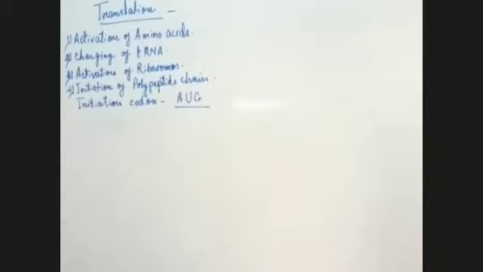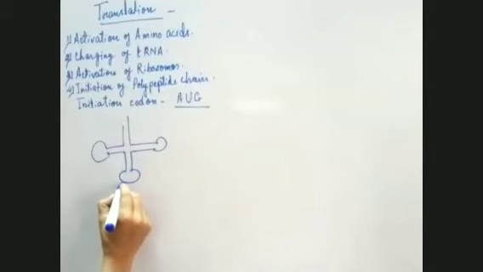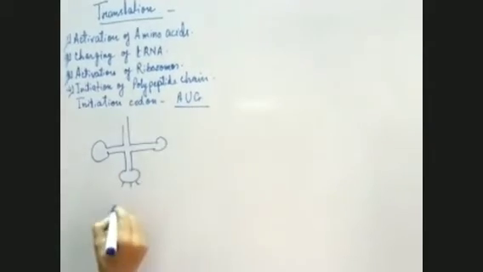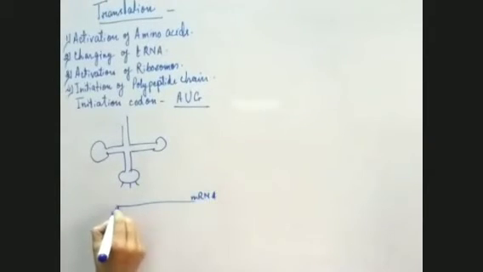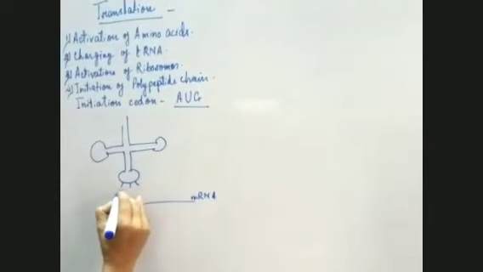That means a transfer RNA will have the anticodon for the initiator codon which is there on the messenger RNA. This is the initiator codon on the 5' end, which is AUG. So the transfer RNA will have the anticodon for this, and that will be